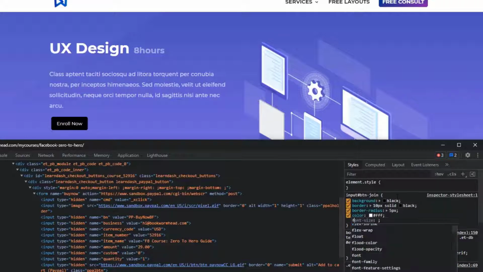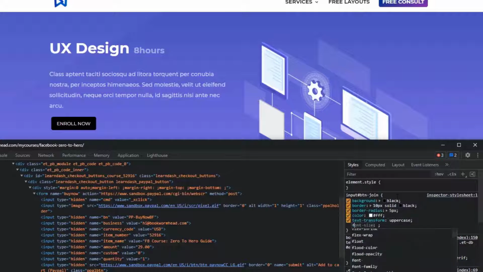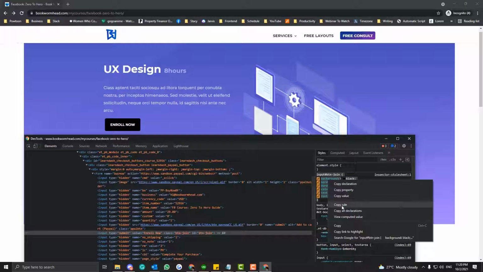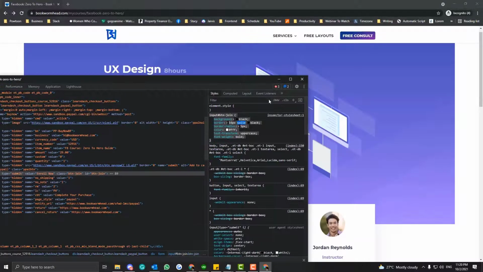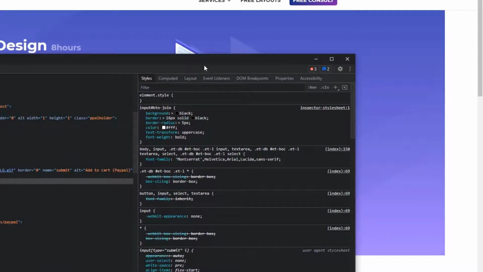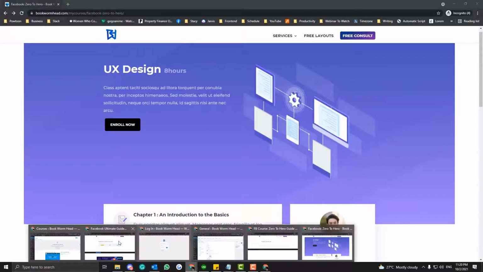Text decoration or font transform. No, text transform should be uppercase. And I want the font weight to be bold. Yeah, I can add more border in it so it looks good. So you just need to paste that into, okay, so I'm gonna copy that. Let me zoom that out so you can see that class is there. So here you go, because I will not create an article version for this. So just copy paste that. And then I'm gonna go into the